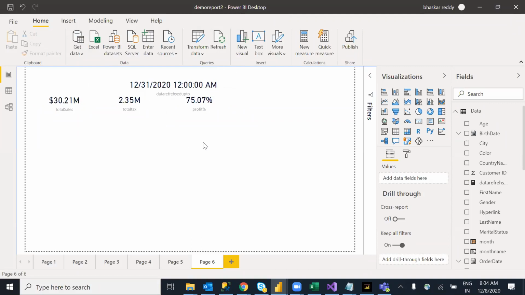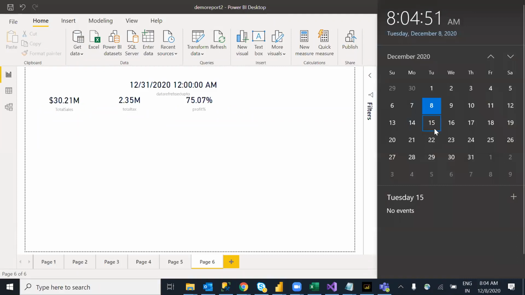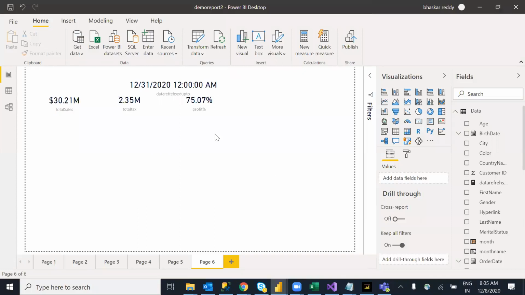If the data got refreshed, for example after 1 week, what is the highest date? Today is the 8th. After 1 week it will become say 14 or 17. Okay, 15th is the next date, so that day it will display the 15th. Why? Because the maximum date is the 15th. The user will identify that the data is there up to this date. So we can take the maximum date and display it like this.